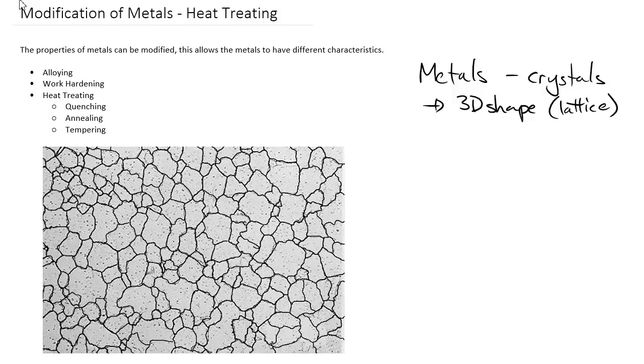So remember that metals are three-dimensional. If you took a very powerful microscope and you looked at the structure of metal, what you'll find is that metals are actually